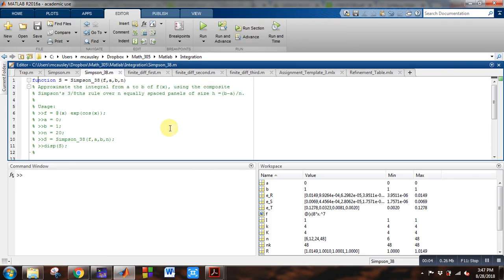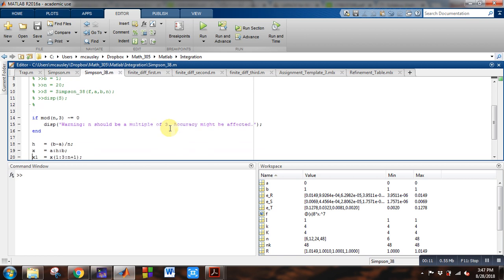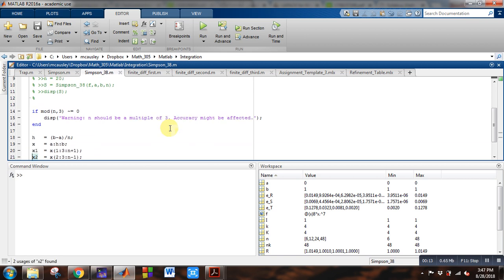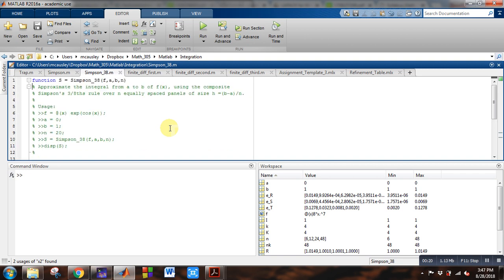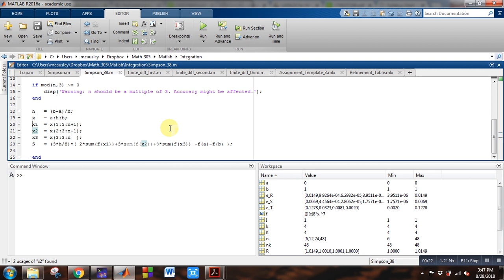Okay, and I'd like to take some time to just walk you through one of these codes, in particular the Simpson's 3/8 rule. I'd like you to be able to modify this code to complete a replica of Boole's rule. Okay, and now there's some interesting things going on here that are unique to Matlab, but remember that for Simpson's 3/8 rule, there's this pattern of 1, 3, 3, 2, 3, 3, 2, 3, 3, 2, etc. with the coefficients, the weights, and then there's this factor of 3/8 out in front, which is the namesake of